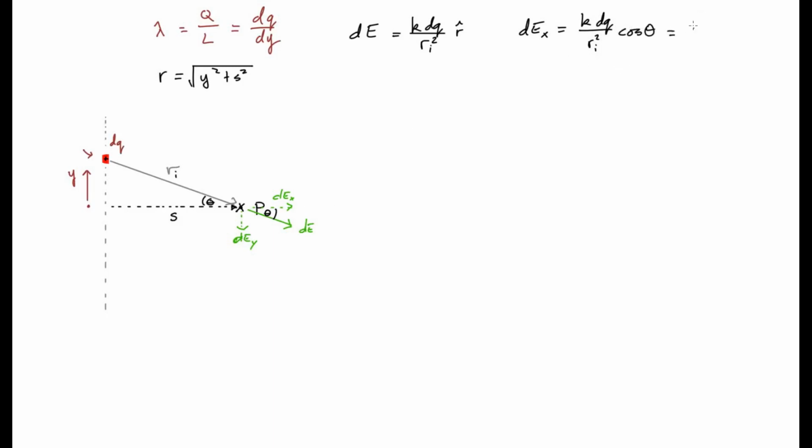Now we can rewrite this because we know that in terms of this triangle here, cosine is just s over r. And that's going to be really useful because what it allows us to do is get our